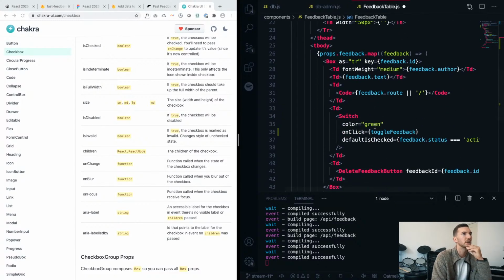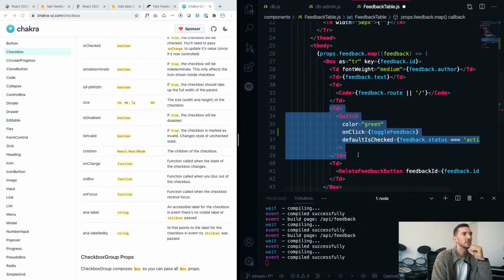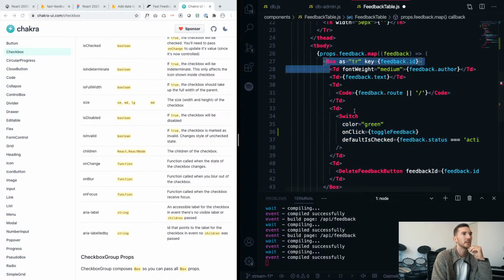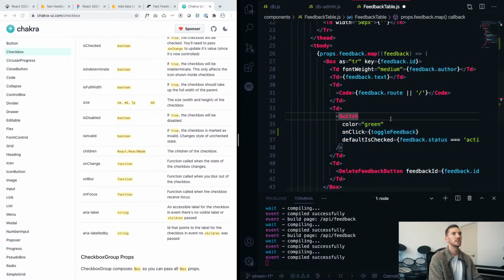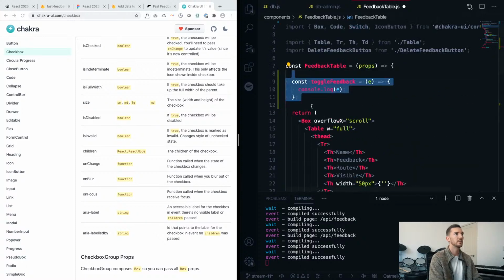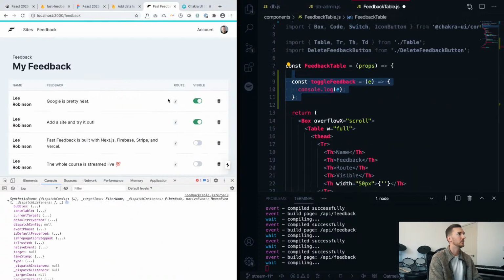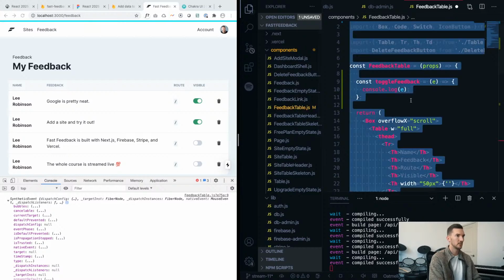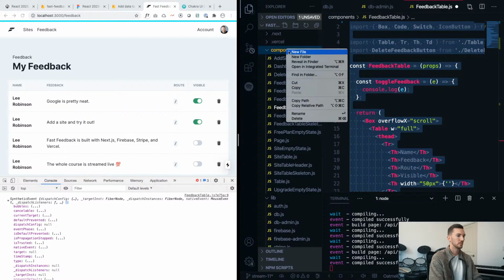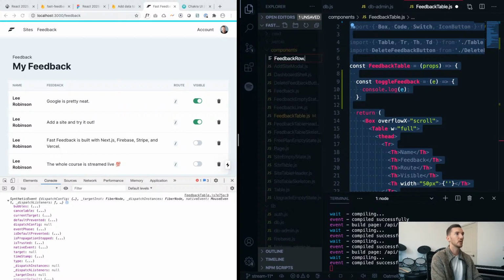one thing that does get tricky though is we'll need this to be per row. So we might want to break this out and do its own row, which we were really going to need to do anyway, because this is all of the feedback for the entire table, and we need to manage this on a more granular level, which is an individual piece of feedback. So let's take this component, we'll make a new file,